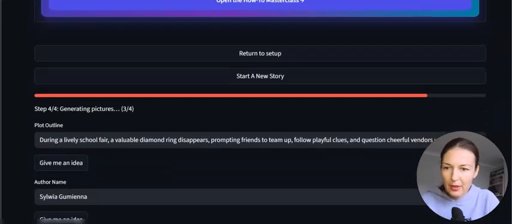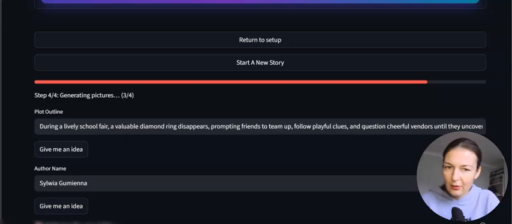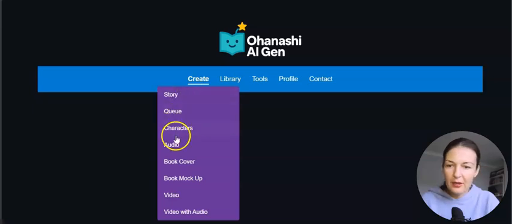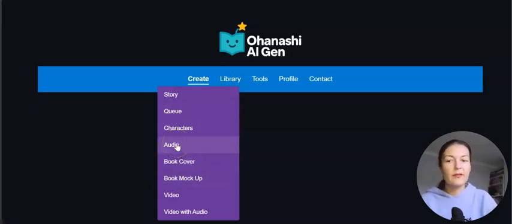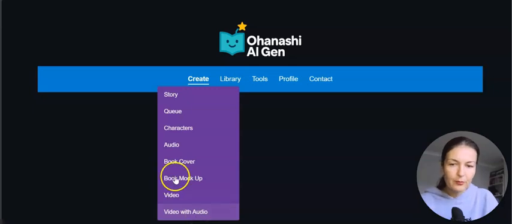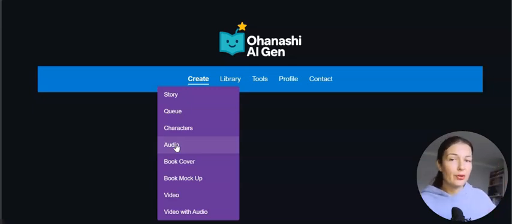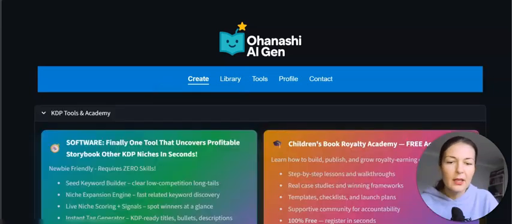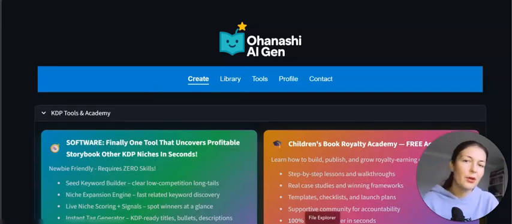So let's see how our book is doing. It's generating pictures now. Fantastic, you see, it's really going through the thing fast. And then, guys, once the book is generated, I'll show you how to create a video with audio. You first need to create audio, and then it will have that audio stored in the system and use it for creating the video. Let me see, have I uploaded the video? Maybe I'll show you the video while we are waiting for the book, what it looks like.